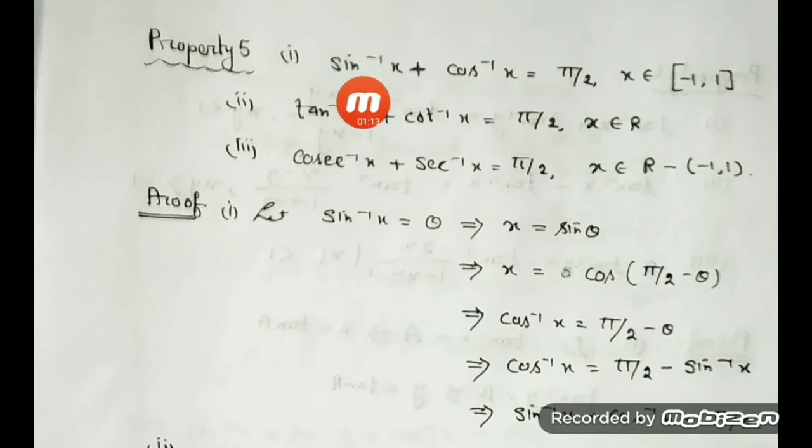So first you see, I have named the sine inverse function as theta, so we want to convert it into trigonometry. And you know a relation between sine and cos. With the help of that, I'll prove this result. So first we suppose that sine inverse of x equals theta. Then what is the value of x? x will be equal to sine theta, right?